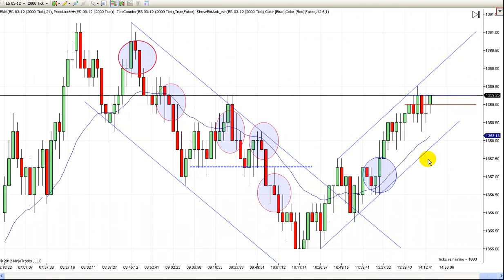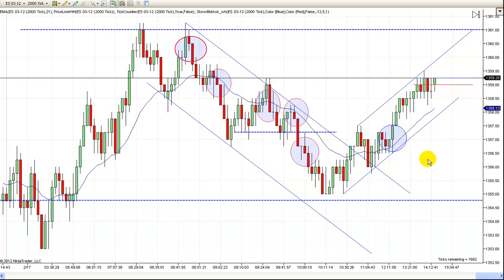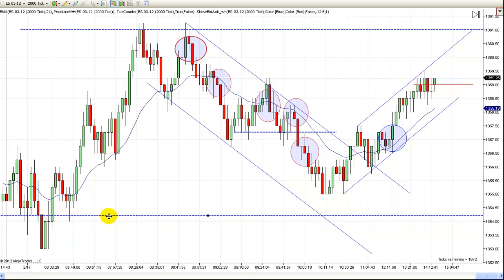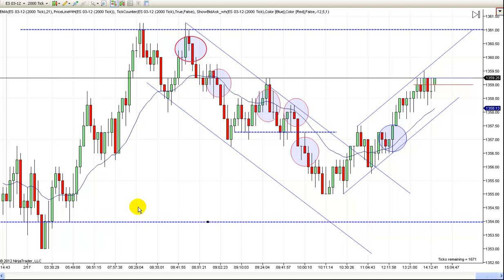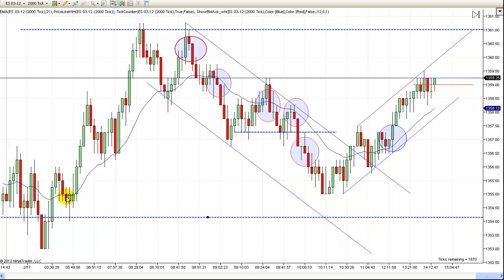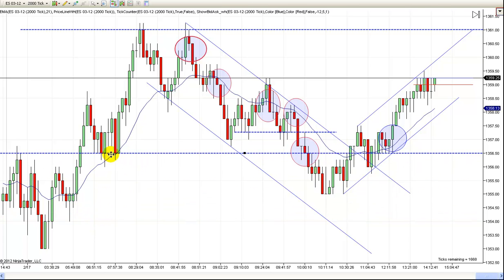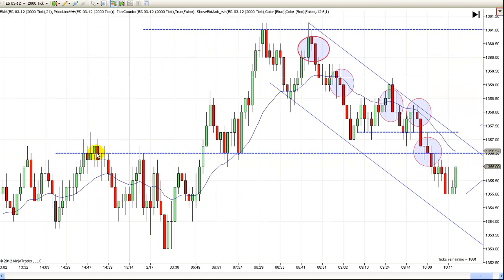Even though there's not much happening today, it's still been a pretty good trading day. And you can see here's your highs, your double top up here. Here's your lows, your double bottom, your strong support. Your stronger support's really down along this area, but I generally move it up with the closes, and at one point you probably would have had this up here. At least you would have had another line here because that's the top of this trading range from yesterday afternoon and early this morning